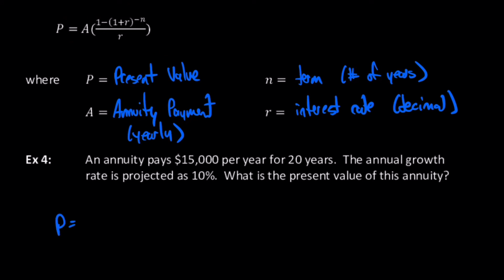P equals, it will be $15,000 a year, so it'll be 15,000 times 1 minus 1.10, right? That's what I'm doing right here, 1 plus R. I should have probably written out what R was, but I kind of do it in my head. That's 0.10 and then add it to 1. And that's going to be to the negative 20th power. And then you divide all of that by 0.1. And that equals